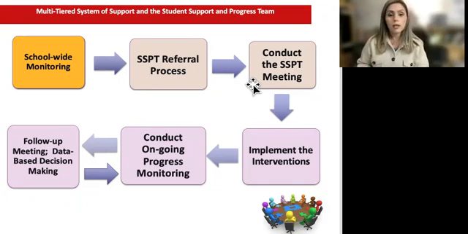Right now, we've been using a lot of Class Dojo, so make sure you're checking your Class Dojo for any messages. If we can't reach you on Class Dojo, we will either send you a written letter or call home. We'll hold the meeting, and after the meeting, we'll talk about the student's strengths and weaknesses, and we develop an action plan. The action plan is put forth, and we implement all the interventions for a cycle. The teachers progress monitor, they give assessments, they see how the students are doing, and then we have a follow-up meeting to discuss the next steps.